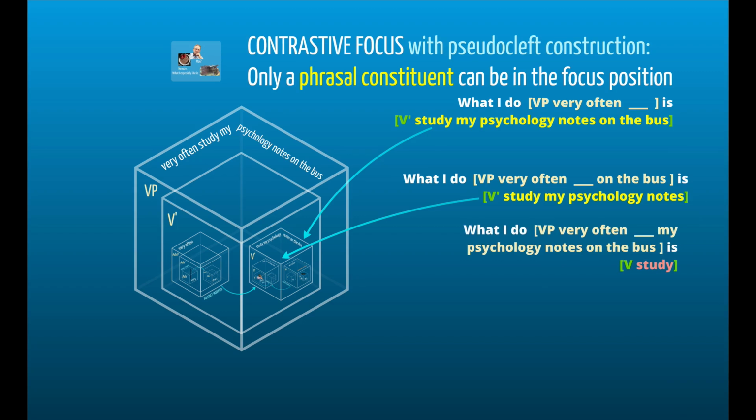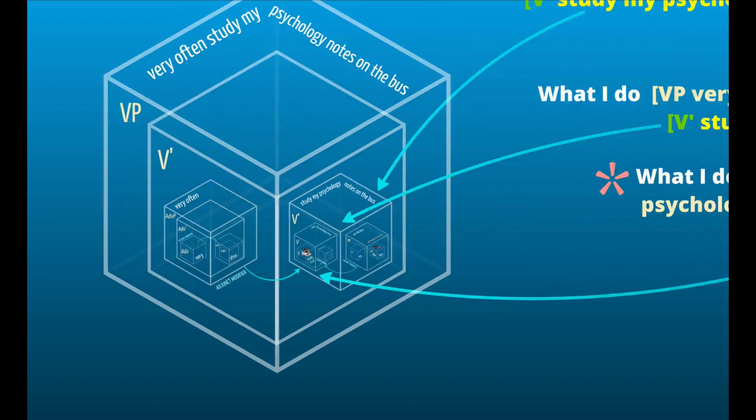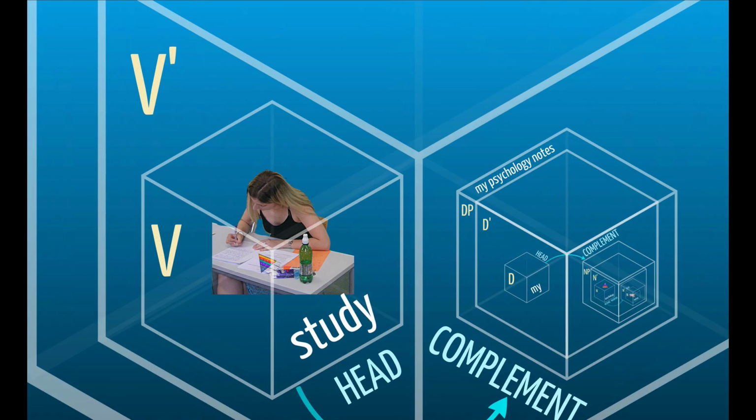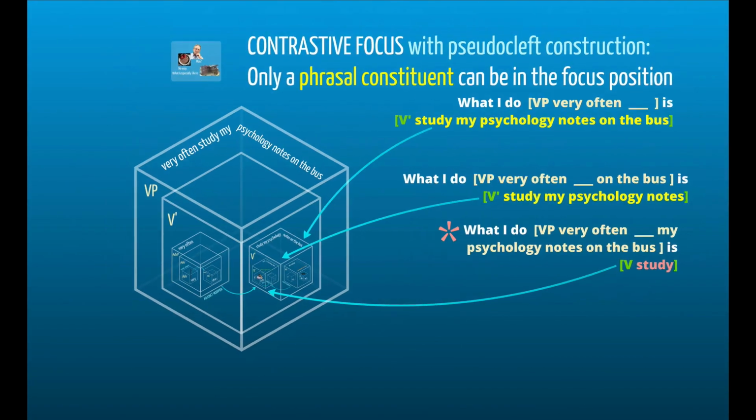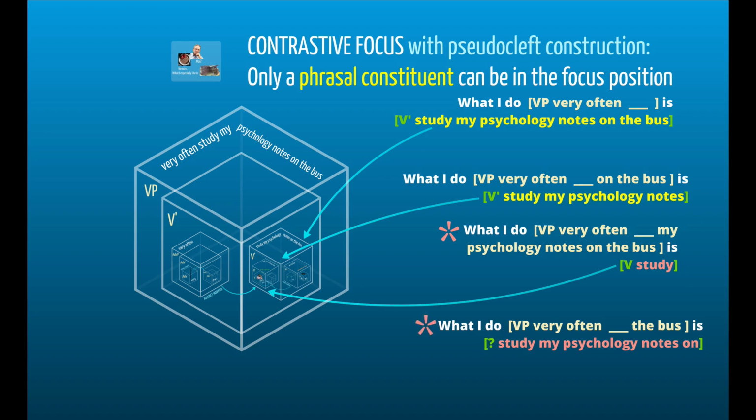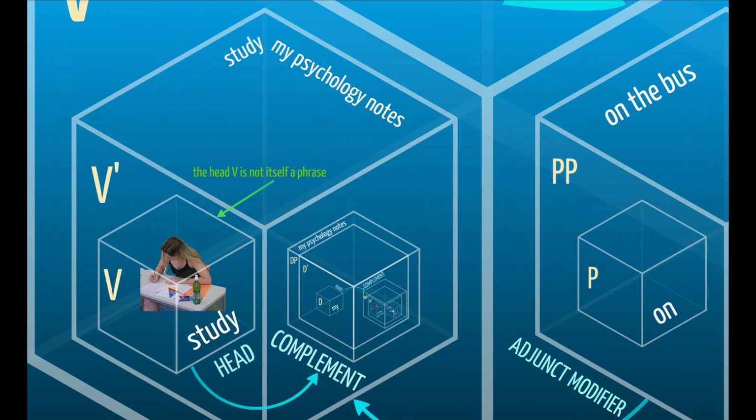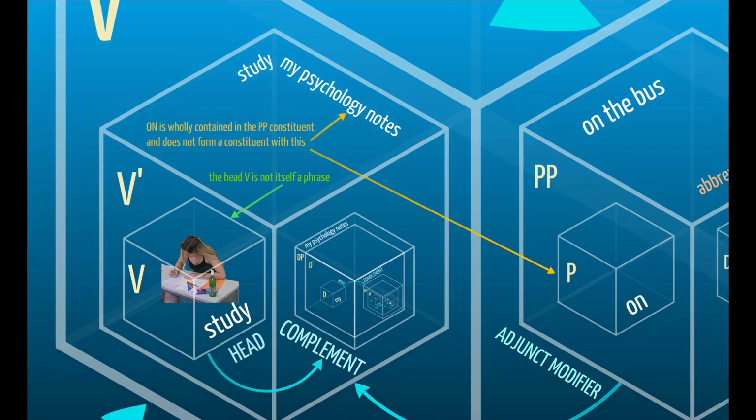In the case of study my psychology notes on the bus, however, the verb is accompanied by a complement in the lowest V-bar in the structure, and therefore it isn't possible to focus on it. Of course, random fragments of the VP that do not form constituents also cannot be in the focus position, as illustrated by this ill-fated attempt to focus on the string, study my psychology notes on,